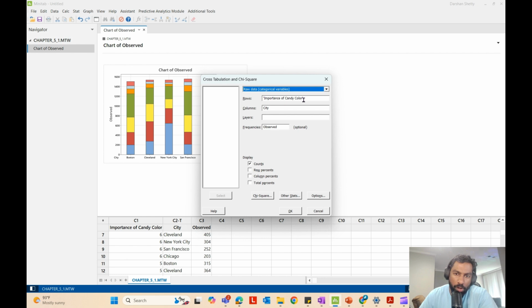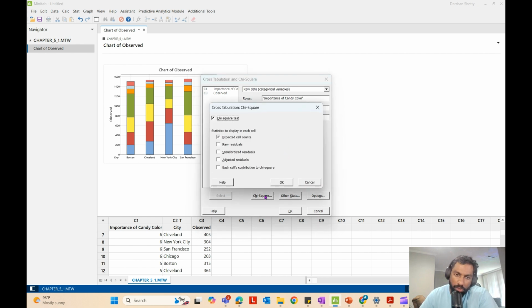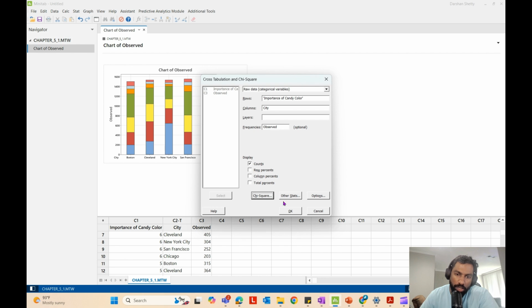One being the importance of candy color, the rating, and the other being the city. And obviously, the frequencies is the observed column. Here we can do the chi-square test and also check this box which will show the expected cell counts. Hit OK,